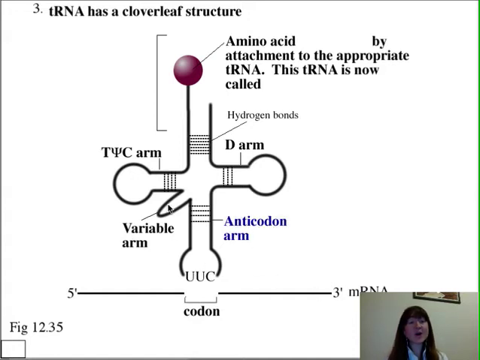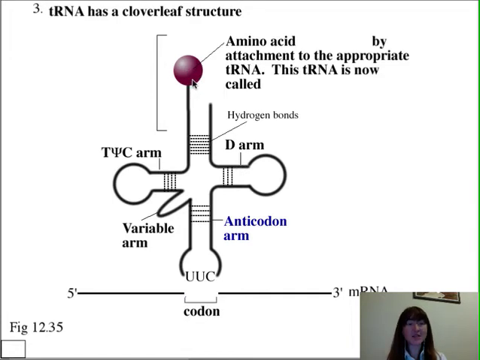There are several different components of this tRNA, and do recognize that in this picture the tRNA has been flattened down in a very unrealistic way, in a two-dimensional way onto the page, to allow us to see that there's an anticodon arm, and a variable arm that's called that because it can vary in length. There's a T-psi-C arm that has really unusual nucleotides, such as ribothymidine and pseudouridine. Now, the D arm is another arm, and finally, up at the top, we get the